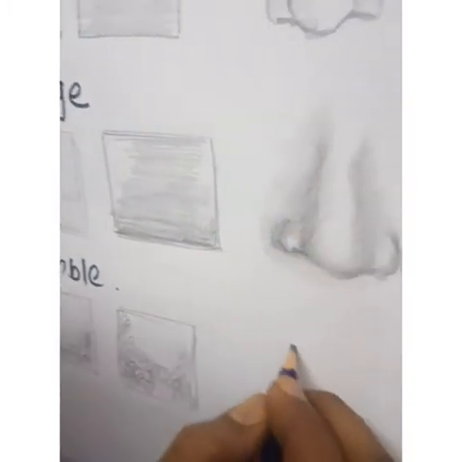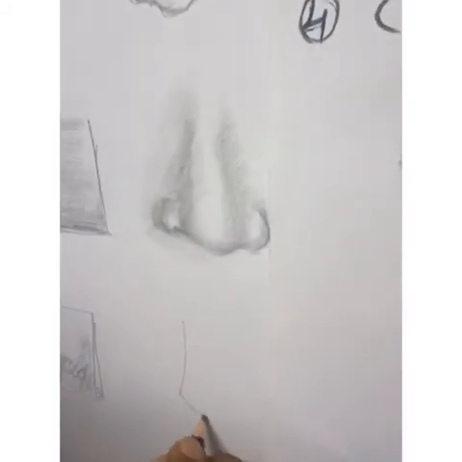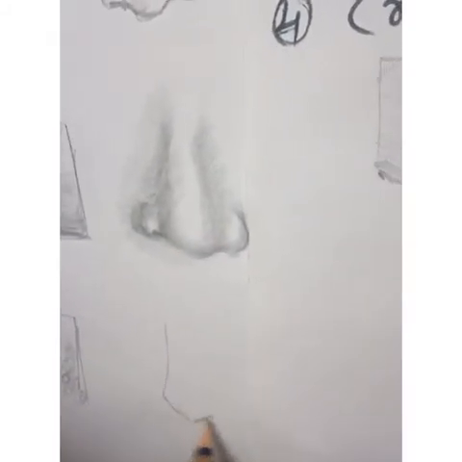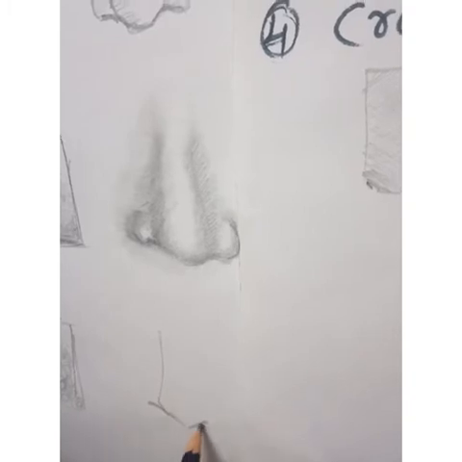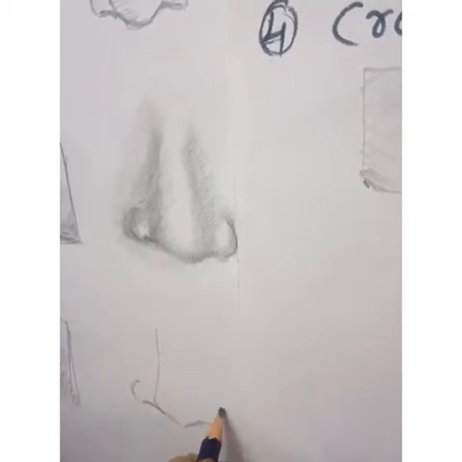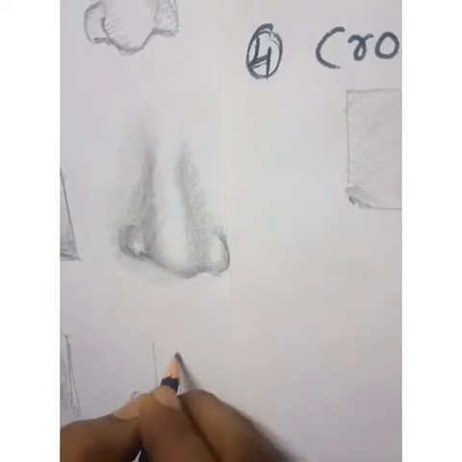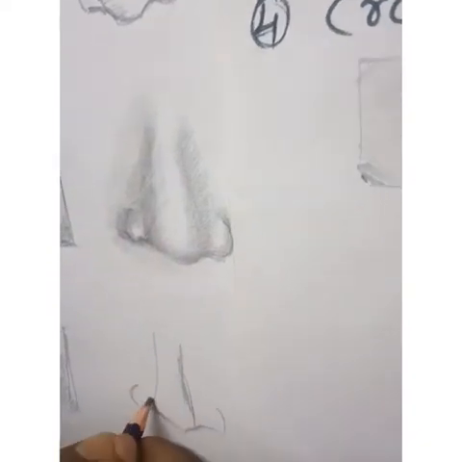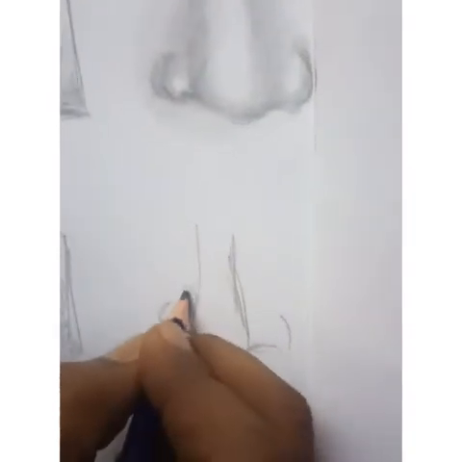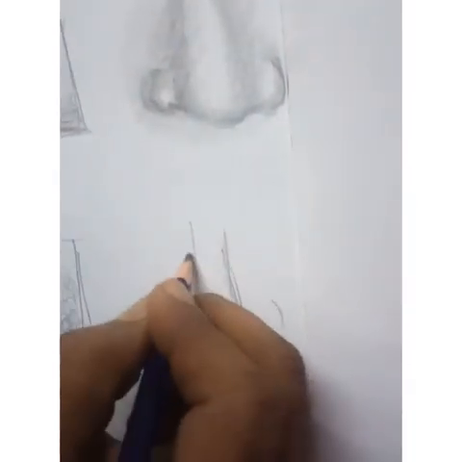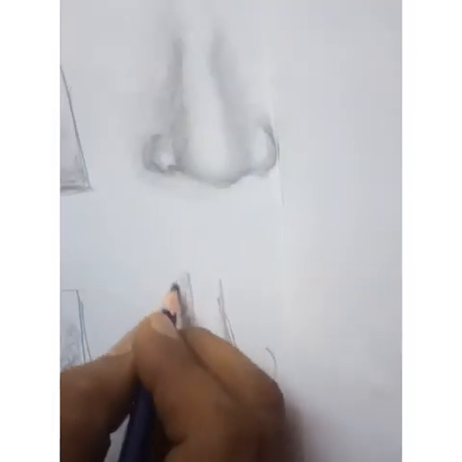The same way, the nose we will show in that technique. Small parts like this, oval shapes I am showing here. Where I want dark, I am pressing my hand.